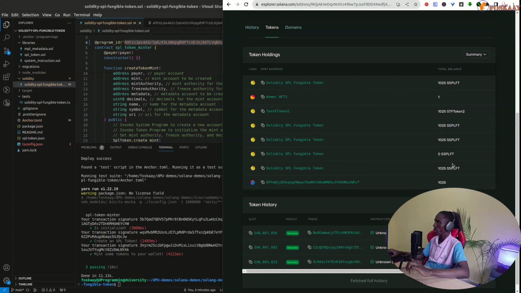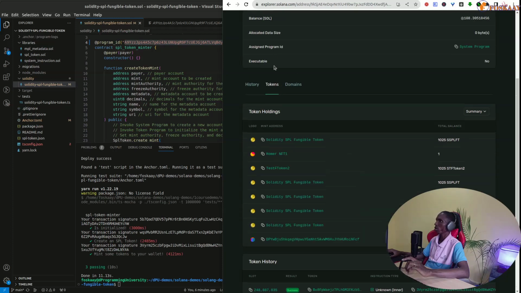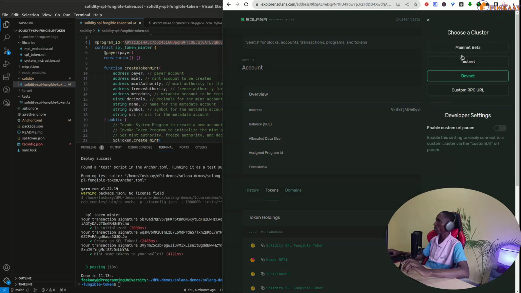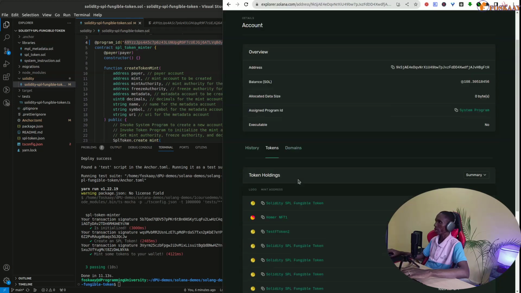You'll be able to see there are a lot of tokens with the same name here, but you can see them. So you'll be able to see all your tokens that you have minted under the wallet that you use. Just select, make sure you're on the right one. If you pick mainnet, it may say the account does not exist. So make sure you pick the right one you use, which will be DevNet for testing. So that's just how you can